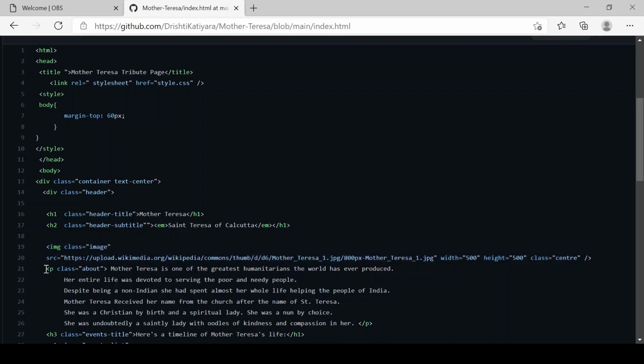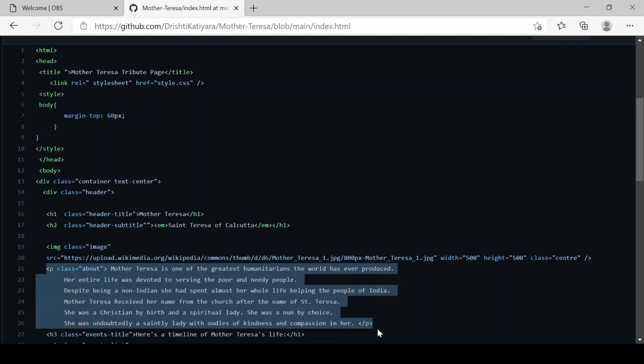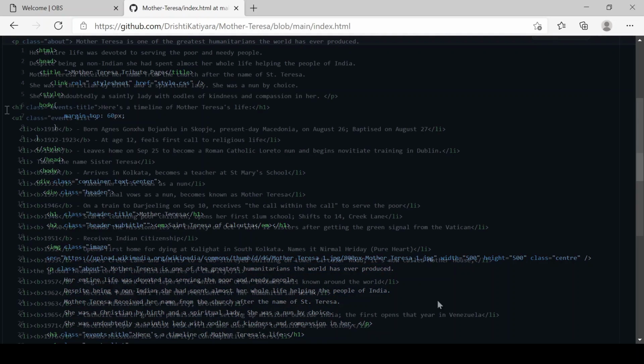Since the image is done, now we would like to have a small introduction paragraph about Mother Teresa. The P tag stands for paragraph, and the class name can be anything. So here I have written the class name as about, since we are going to write something about Mother Teresa. Now we have included a few lines which describe Mother Teresa.